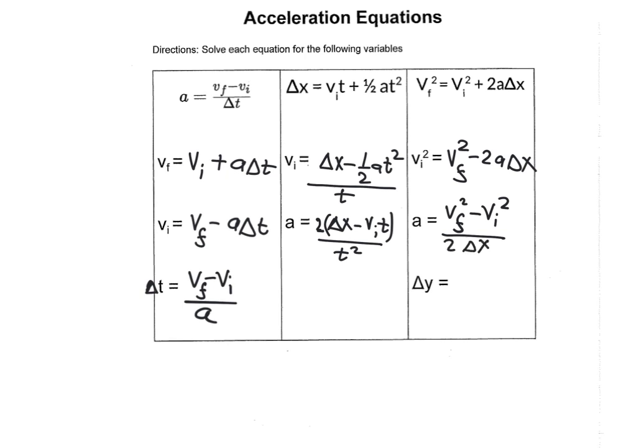Correct? Last but not least, whether it is delta y or delta x, it's the same thing. Okay, delta y or delta x. If you want to find it, you have the same thing: vf squared minus vi squared, and then divided by 2 times a. So here I give you all the 3 and 3, 6 plus 2, 8 equations